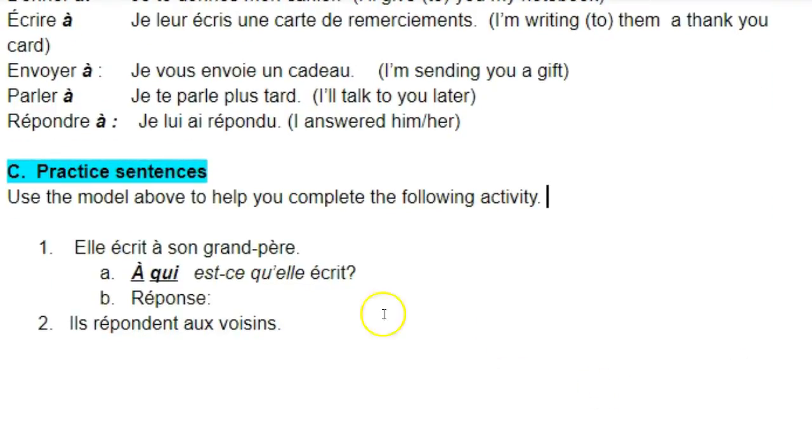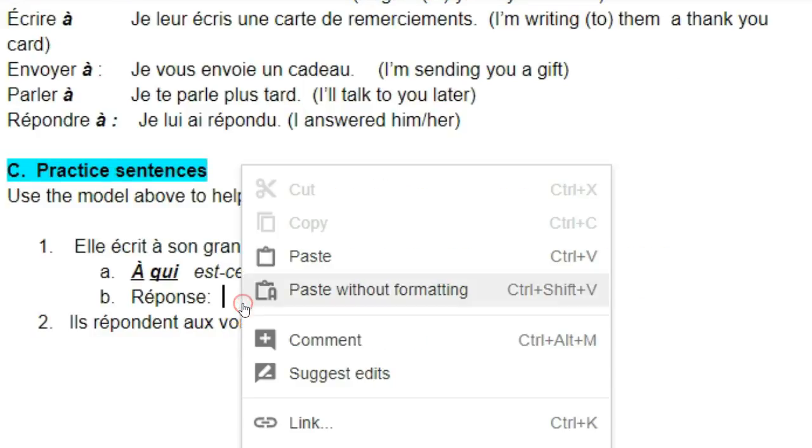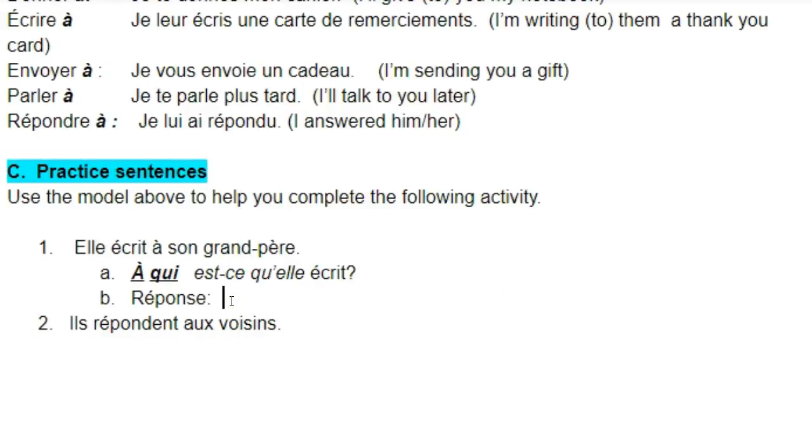See if you can use the model here to rewrite the statement. Elle écrit à son grand-père. To whom is she writing? À qui est-ce qu'elle écrit? She's writing to her grandfather. She's writing to him. And so when we go to restate,